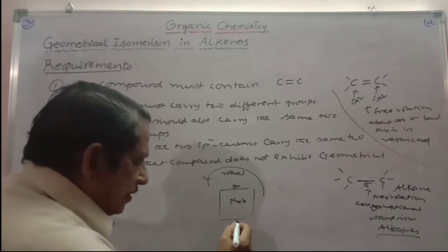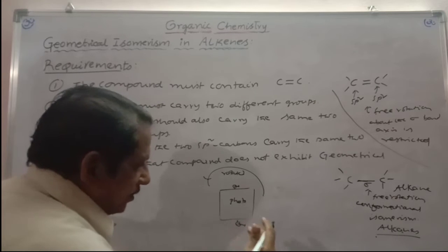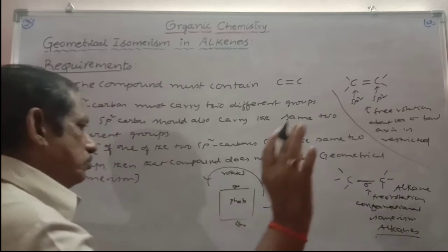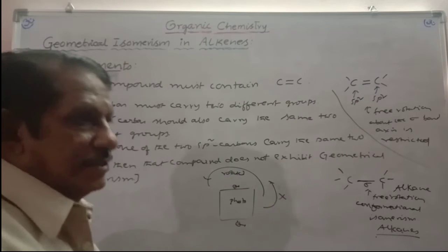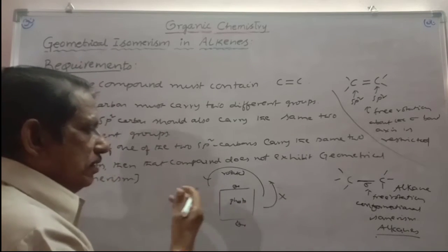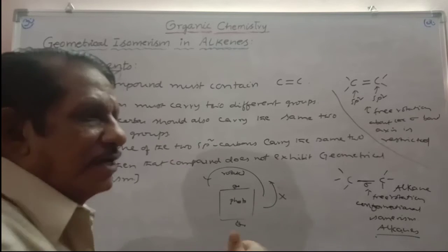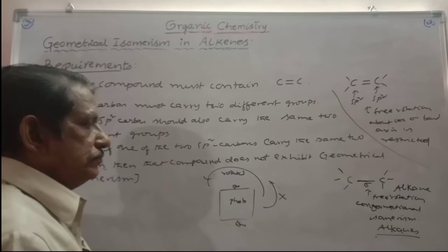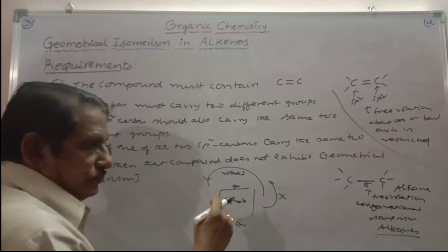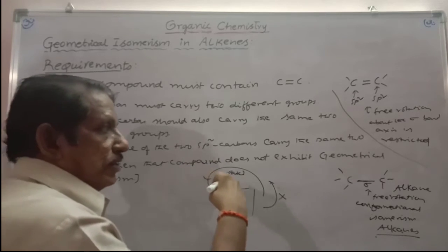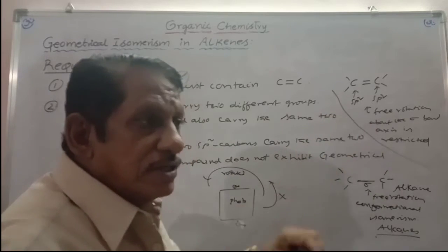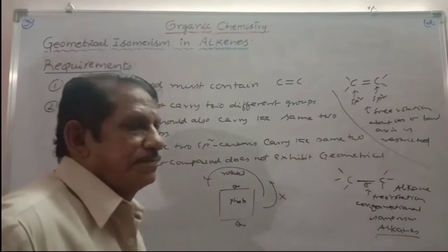Suppose another ring is attached here and another nail is penetrated into the wall, then this free rotation is not possible. Free rotation is completely restricted. The photo must be fixed; it cannot be rotated. So as the second nail is completely restricting the rotation of the photo around this nail, so also the pi bond is functioning here. Free rotation about the sigma bond axis is completely restricted due to the presence of the pi bond.